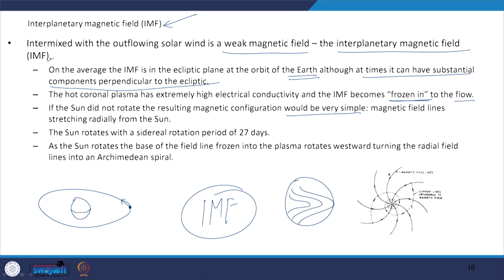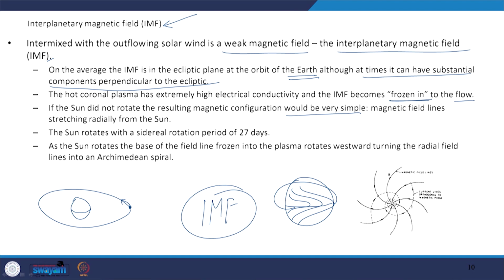This is how the differential rotation stretches the magnetic field of the sun inside at the equator, because it is rotating fast. As a result, over a period of time, there is very strong coupling between the magnetic field lines, and this is what results in the formation of sunspots or coronal mass ejections, all those things. Had the sun not rotated, or had it been rotating uniformly across the latitudes, it would have been very simple. But we know that the sun rotates with a sidereal rotation period of 27 days. It rotates around itself in a certain amount of time.